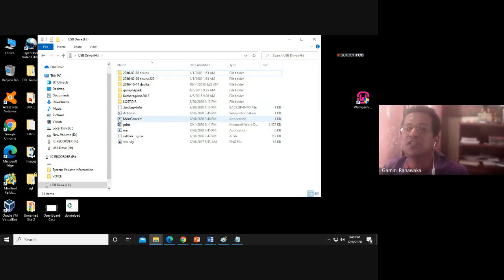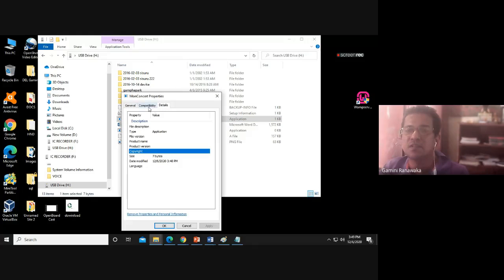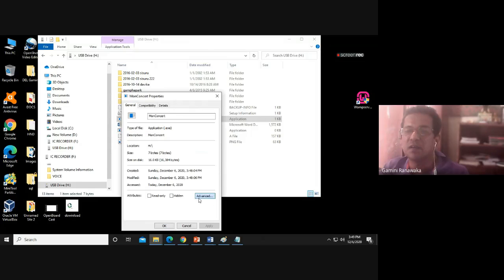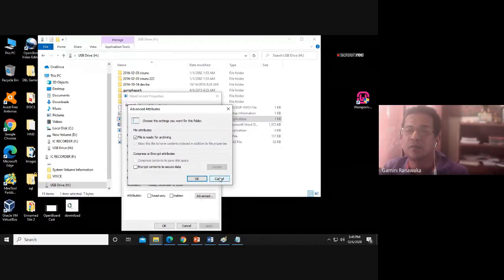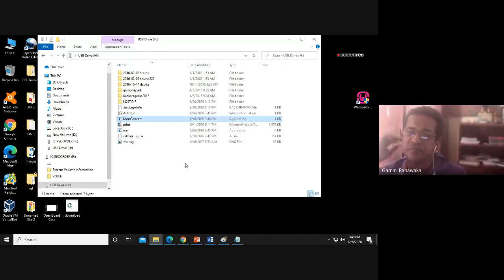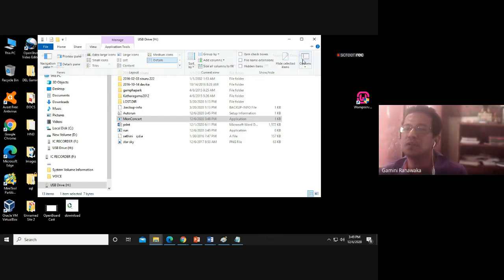So the virus will change this icon to look like a folder. So this icon's properties, it will change to look like a folder. So then you'll think this is a real thing and you will double click. But in your file, in your machine, if you change this one